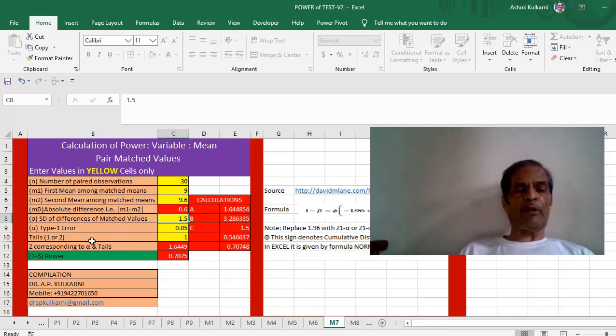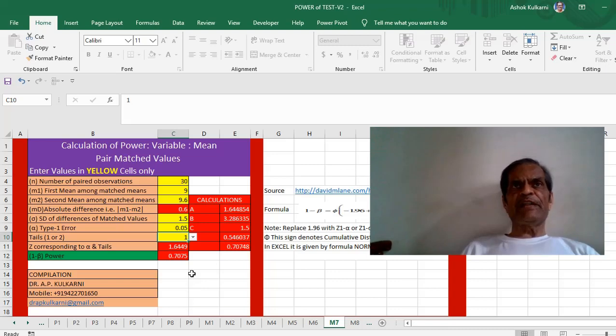was, say, 1.5. The alpha or type 1 error was fixed for the statistical test, by which you have declared this as not significant. Because this is declared as not significant, we are now doing power analysis, and the tails is 1, because our hypothesis is that hemoglobin has increased after giving the hematinics. So therefore the tails is a 1 tail test, and the Z corresponding to the alpha value has been calculated over here, and the power of the test in this case is, say,